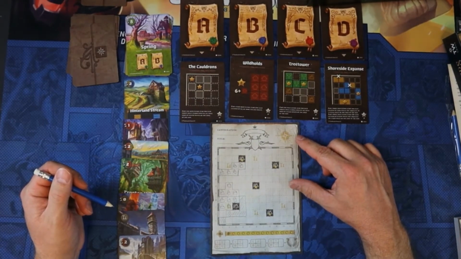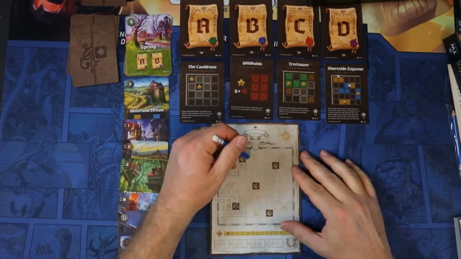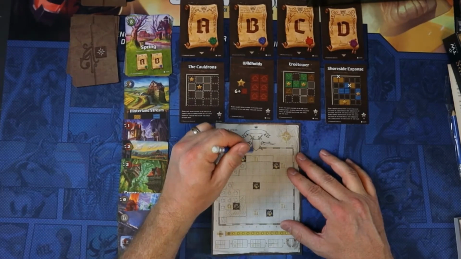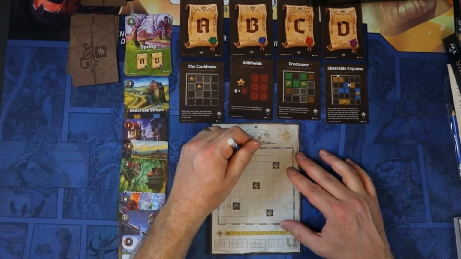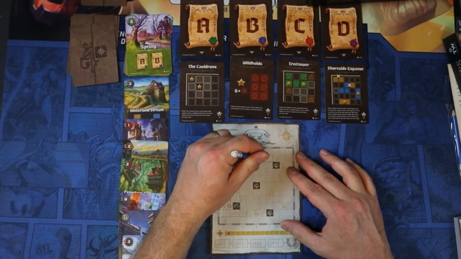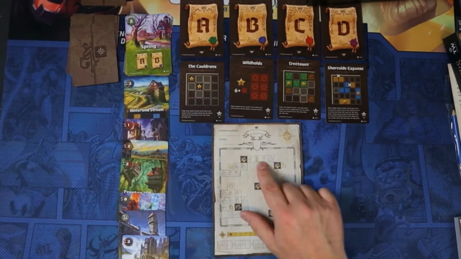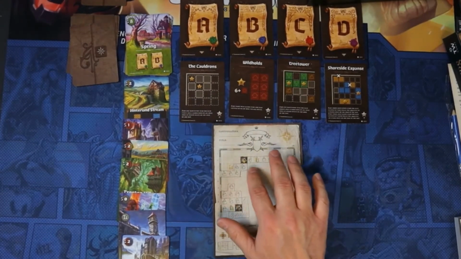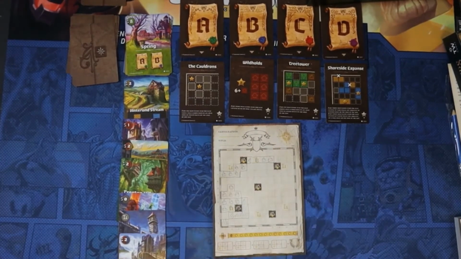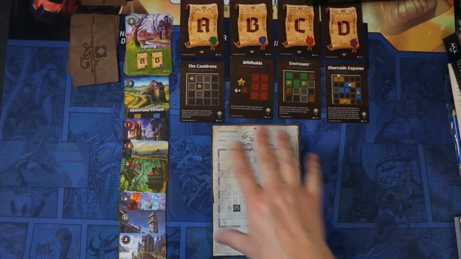So let's see here. I guess I have to put it over ruins. I'm just going to put it right here. And I'll make it a village. So I got a cluster of 4 here and a cluster of 5 here. I don't want to connect them, but I could get 2 more clusters if I can pull it off. But that is 8. And so now what we'll do is we'll score each one of the cards for A